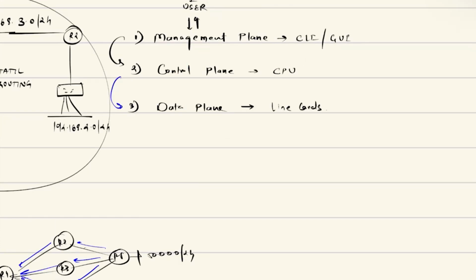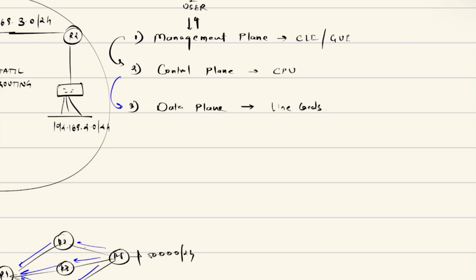So when we look at that, the control plane, of course, is responsible for exchanging the routing information, building the ARP table, etc. Learning the MAC addresses. In the case of switches, the control plane is about learning the MAC address to build the MAC table, learning the spanning tree protocol to create a loop-free topology, right? Building ARP tables, running routing protocols, OSPF, EIGRP, and all that stuff, right? And data plane is responsible for forwarding the traffic. So it relies on the information that the control plane supplies,